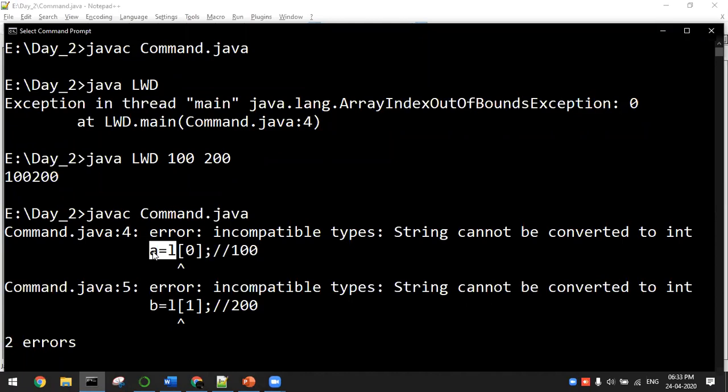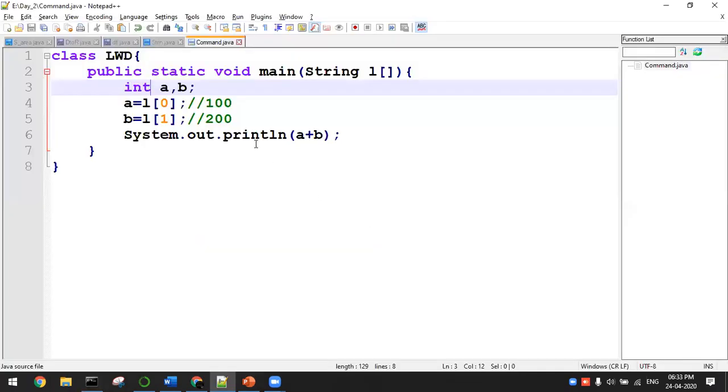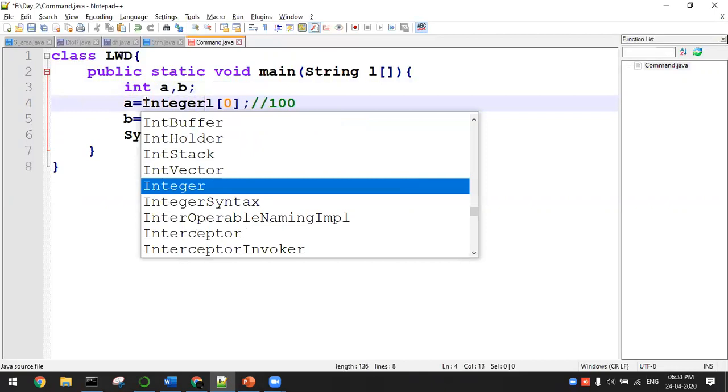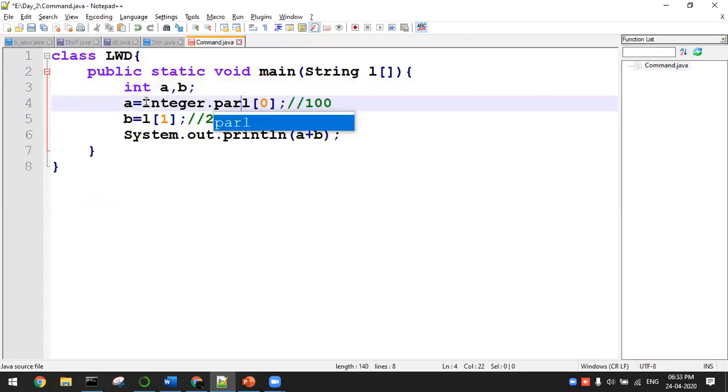So what am I supposed to do? I have to make the string into an integer type with the help of a wrapper class, that is called auto boxing. So Integer.parseInt of, Integer.parseInt of.